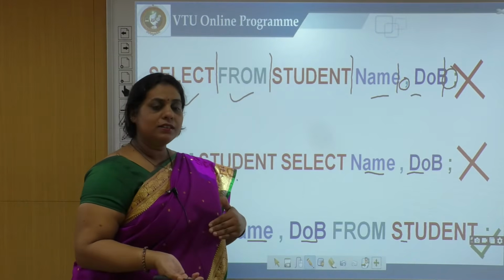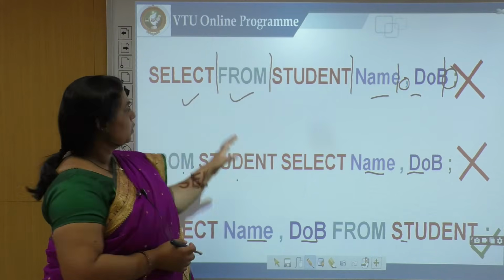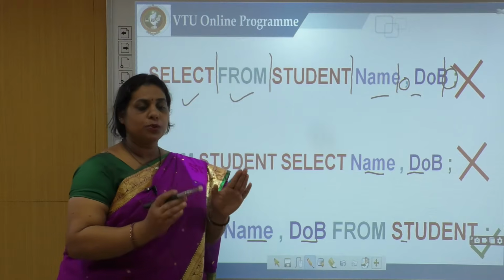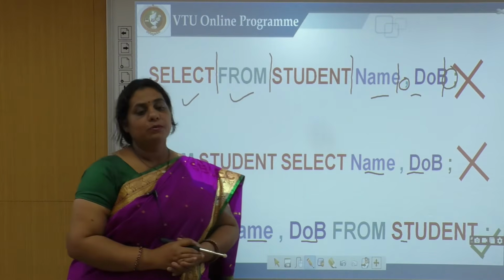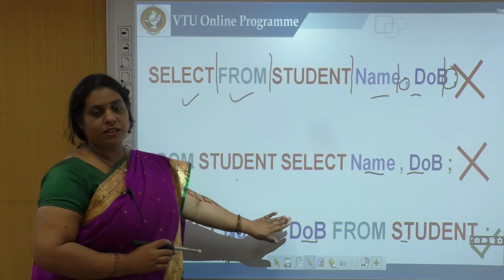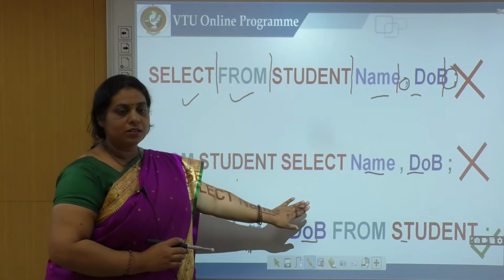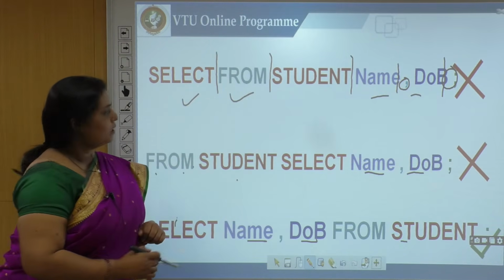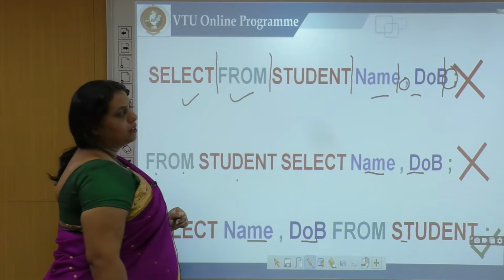But the second step is parsing, wherein I am interested in whether these tokens are arranged in a syntactically proper manner, whether the sentence is grammatically correct or not. If you look at all these three statements here, all of them have proper tokens, but grammatically they are not correct. Look here, select from student, name, comma, date of birth.